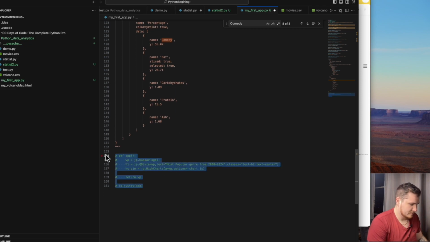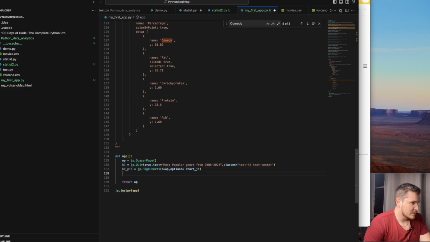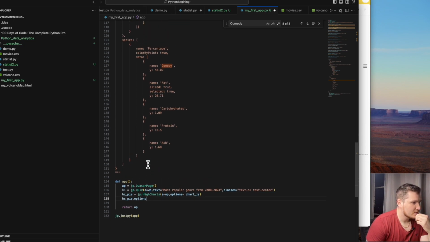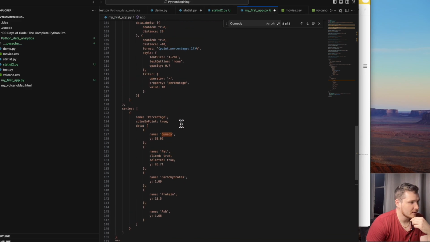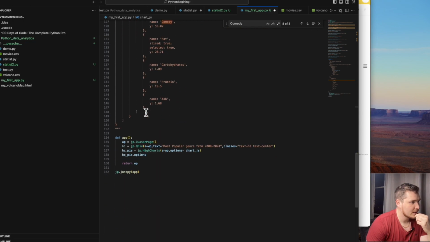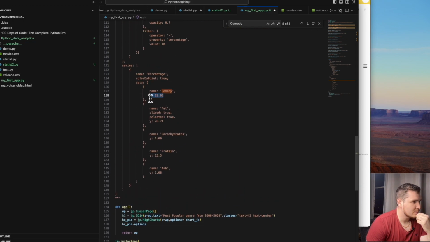How to do that? For that, we go inside of our HCPy, right? Equals. We need to go to Highcharts again, right? HC options. HCPy. Now we go to the options. Basically, we go inside of our library here, right? Since HCPy is actually reading from here, chart.js, which string we created, right? Right here we have an object. We go inside, and now we need to get inside this series and update this percentage